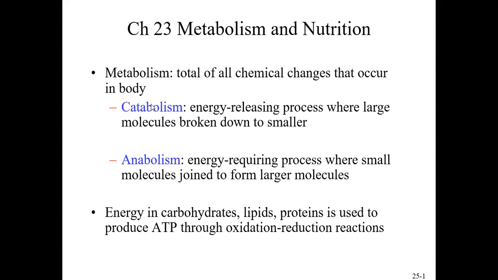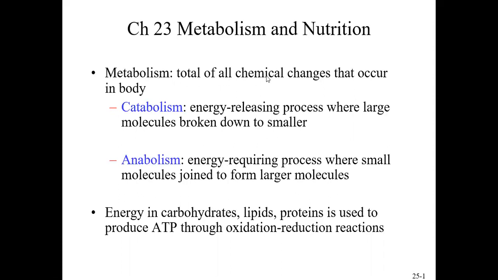That's catabolism. Anabolism is the opposite. It means you're building something up. And so usually when you build up a molecule, you're making something, you're taking the smaller subunits, and you're building something up. That requires energy. And so anabolism requires energy to make a molecule, and catabolism usually releases energy whenever you break something down. Put these together, and the sum total of all of this would be your metabolism, your overall total number of